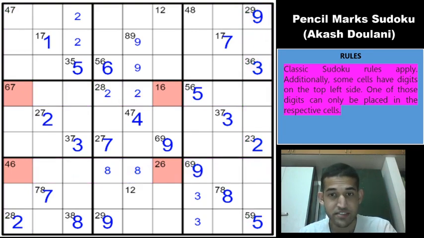So 2 X-wings to continue the solve path, right? So we have a 9 here, we have a 9 in column 7 and 9, so which means that 9 must go into one of these two cells, right? And there is a 9 in row 6, which means 9 can't be here, so this will be a 9, right? And which means that 9 in row 5 must go into one of these two cells, right?